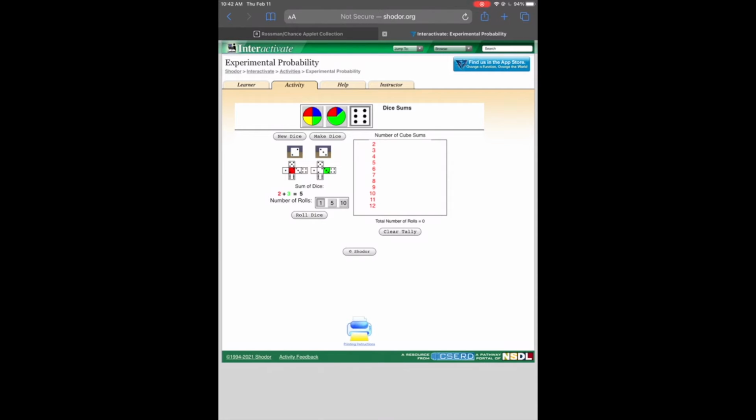Now we use simulations typically because carrying out these experiments repeatedly would be very time consuming, and the technology has advanced far enough that we can actually integrate quite a bit of actual randomness. So the first roll there has landed on 7, and then every time we roll again, another tally gets added. The total number of rolls that we have here so far is 2, but each time we get a